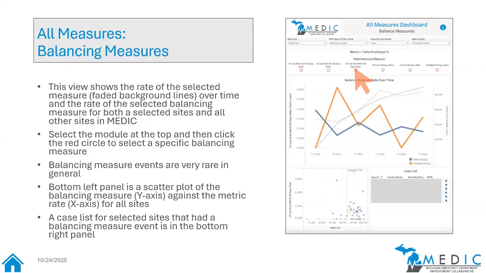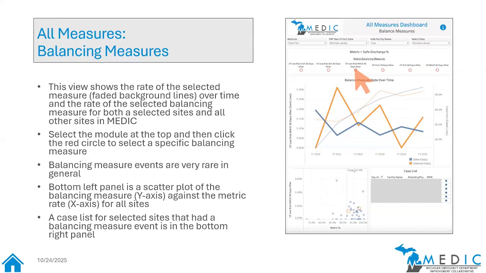And so the way this view works is that you're going to pick the metric you want. You're going to pick the dates that you want and the sites that you want, always all the same at the top, to navigate this. And then there's another row of little circles right below it. You are going to click the balancing measure that you want, and those balancing measures change for the particular type of initiative or metric that you're looking at. So again, say for low-risk chest pain, you're going to have the ability to select whether they came back with a major adverse cardiac event, or whether they came back with just chest pain again, that sort of thing. And then you're going to see those cases on the line graph below it.